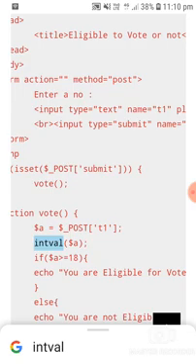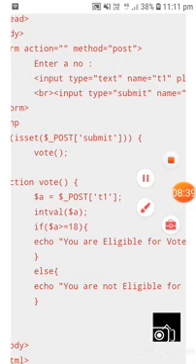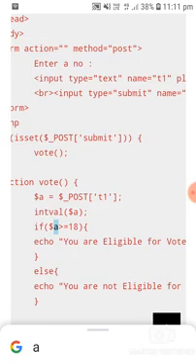Next, intval. This method has been used to convert the value into an integer value. Whatever value is going to pass, it is going to be converted into integer format over there. Next part, if $a greater than equal to 18. Now what the if statement says, whatever value you have passed over there, if the value is greater than equal to 18,